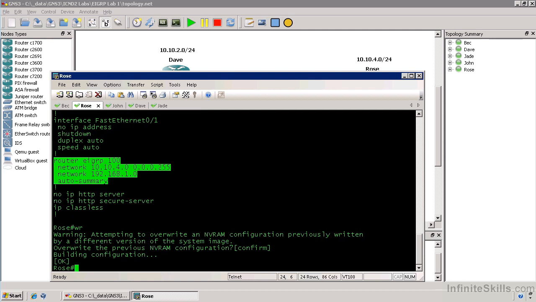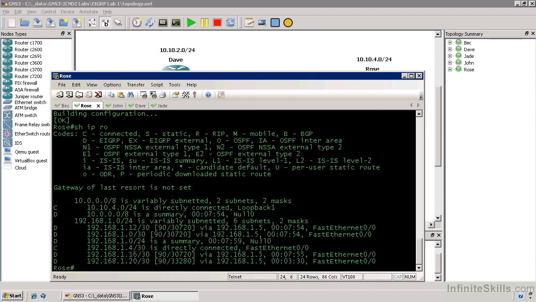And so now we have EIGRP routes all over the network. Let's look at some of these route tables and let's see what we've managed to do here. So we'll do show ip route over here on Rose. And true to our word, we learn about all of these point-to-point networks. We know about the directly connected 10.10.4 network, but you'll notice that right here, 10.0.0.0/8 is a summary pointing at